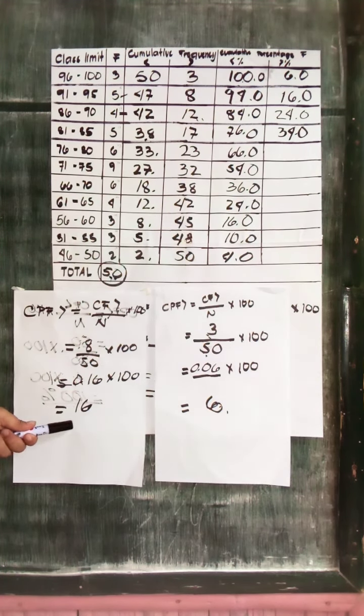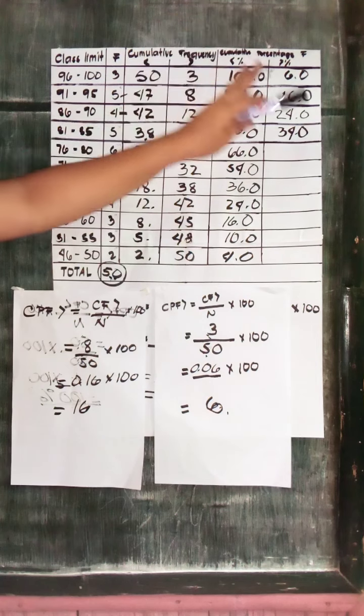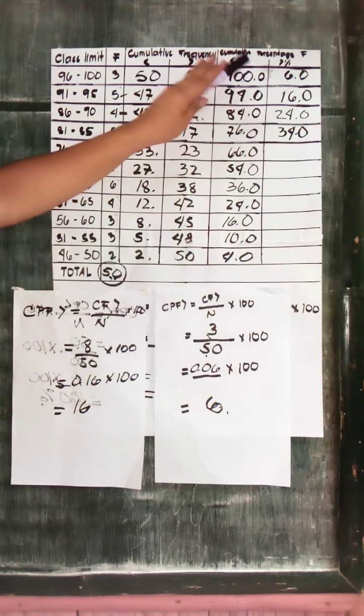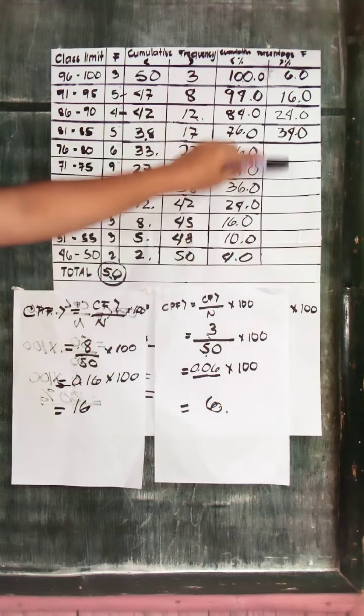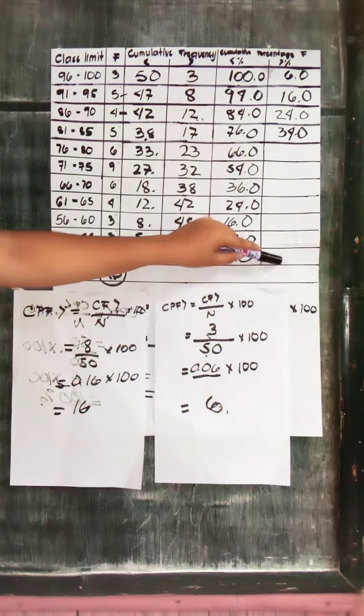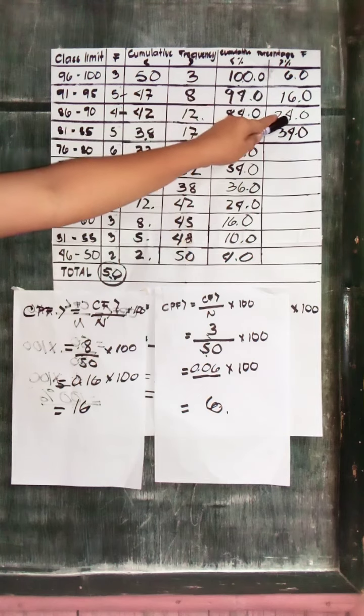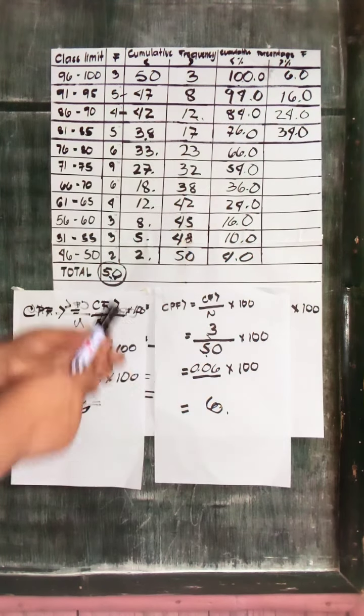So, we will write 16 here. And that is how to find the cumulative percentage frequency greater than. Same formula, same computation,